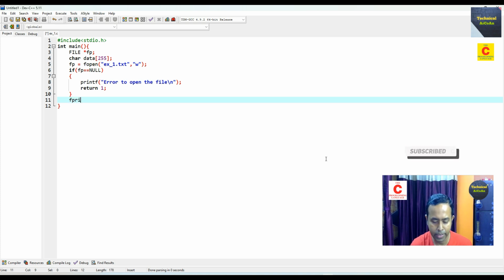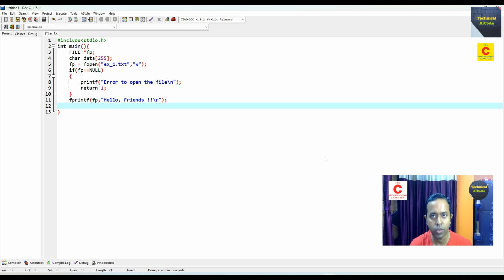Okay, now do the write mode operation. For the writing within that file, use fprintf, and write here at first the argument fp, the file pointer, and suppose we write here "Hello friends!!", and then we put a new line here and end it with a semicolon. Okay, again we use another function which is fputs, and write here within double quotes "Welcome to Technical Arquin", and then put another new line here and close it. Means these two lines should be written within the file